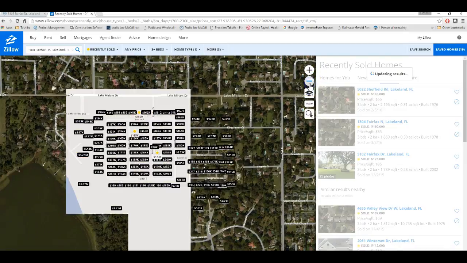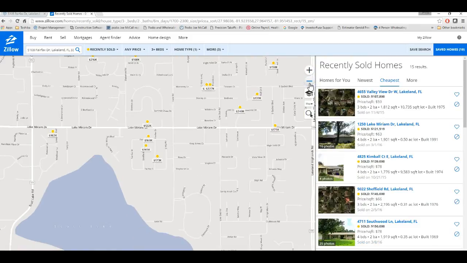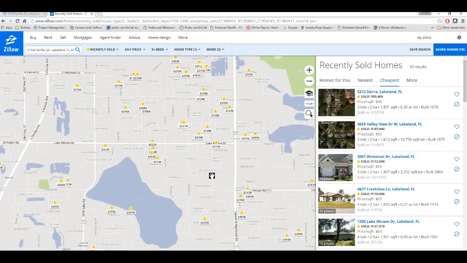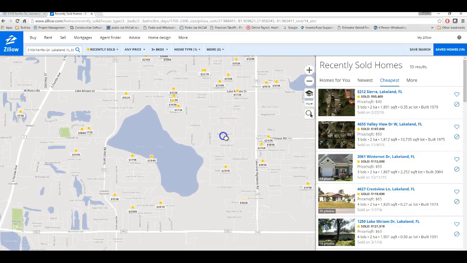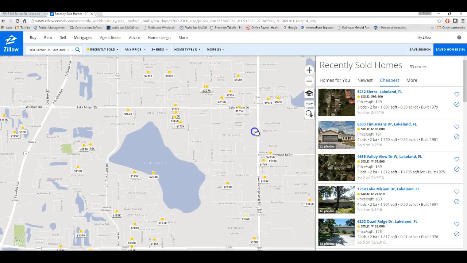Let's zoom out a little. There's not a lot of comparable sales there. Let's zoom out a little bit more. Okay, we got a lot over here. We got some over here. All right. Now we don't want to cross any major, you can tell that this is a major road here. That might be kind of a main road, but we don't want to cross any major roads. Our property was somewhere around here. So let's do